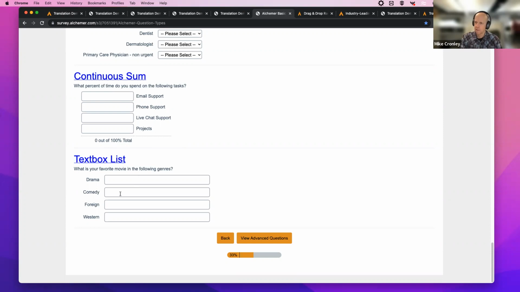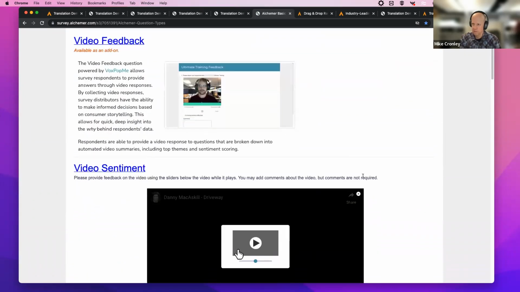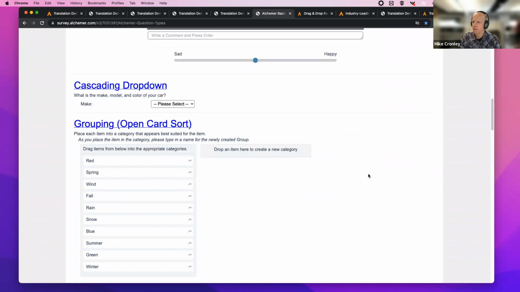Text box list, kind of grouping lots of text boxes together. Some of the ones that are available for you, for professional specifically, that are coming up: cascading dropdown is nice. Again, it's a really unique use case, but it's really great if you have that particular thing. I was thinking maybe it's county, then it's health department inside the county, if there are multiple. And I've seen this with school districts across a state.